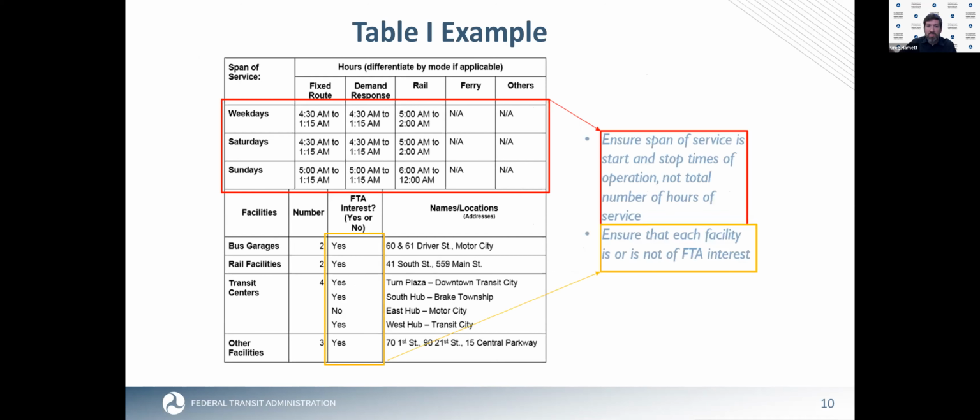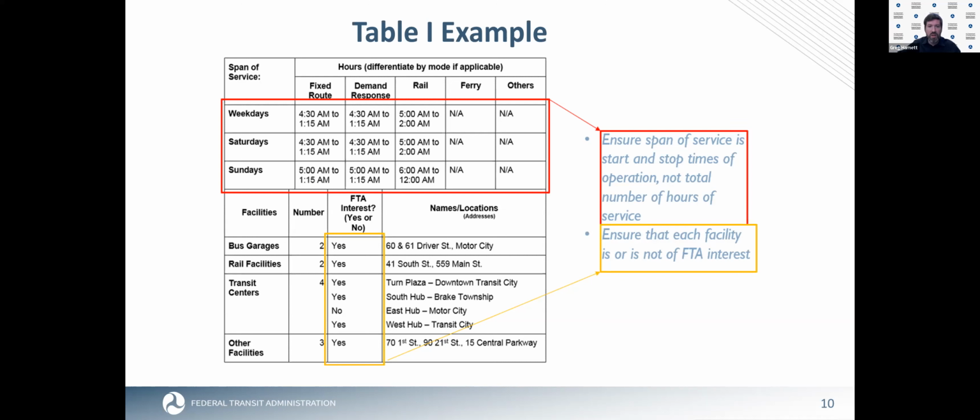Okay, so we're still on table 1. I do want to point out the span of service, which you can see right here. We're asking that you enter the information as it appears here. So the span of service should have start and stop times of operations. If you just write the total number of hours of service under each mode, it's not as helpful. For instance, if you operate fixed route, 7 hours weekdays, that's not as helpful as actually putting the start and